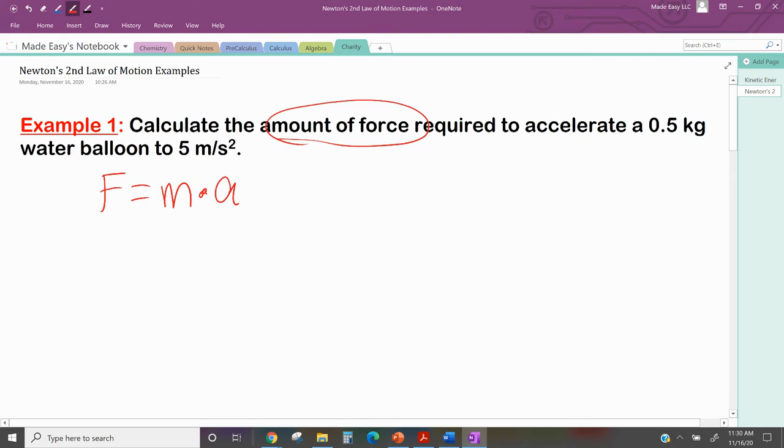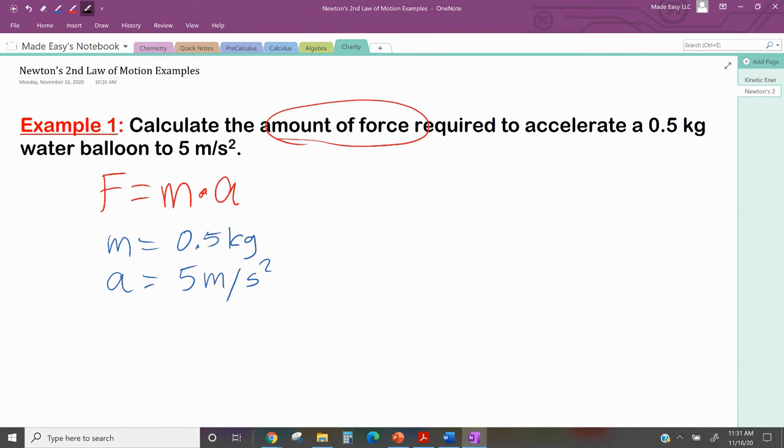So here we are already set up in the way we want it to. So I like to say, well, what's our mass here? Well, our mass is 0.5 kilograms. All right. What is the acceleration that we're given? Acceleration is 5 meters per second squared. And so now we're just going to solve this by doing force is equal to,